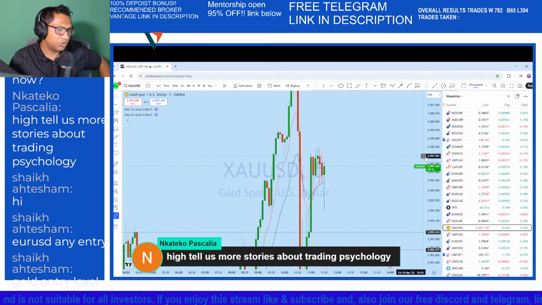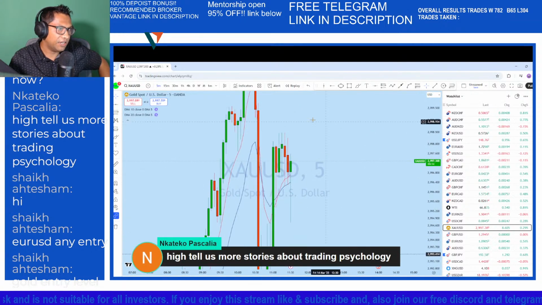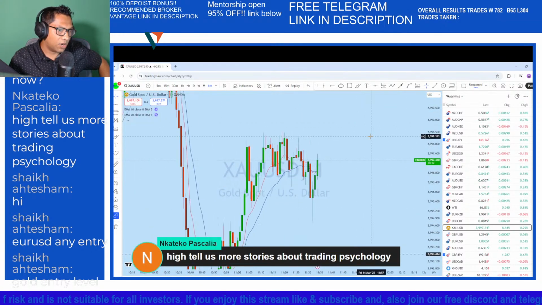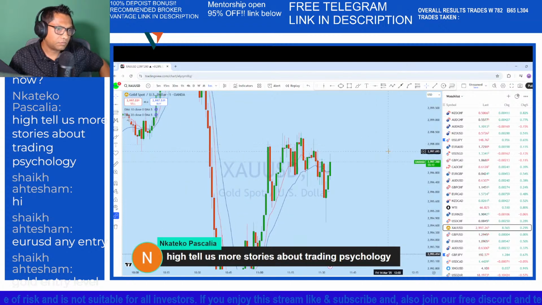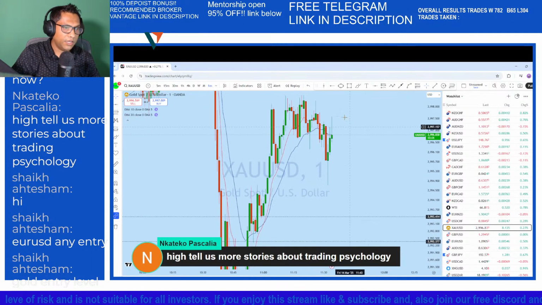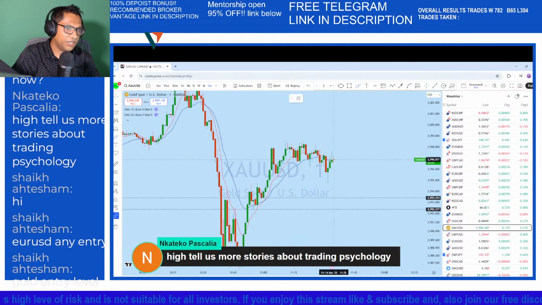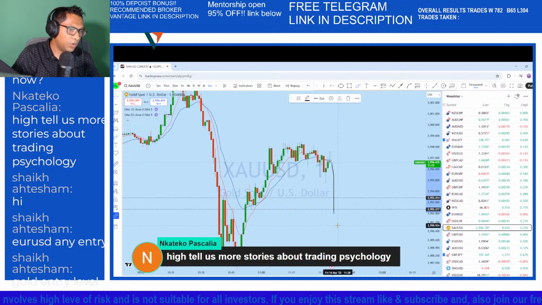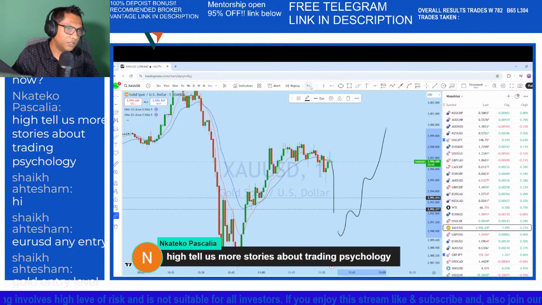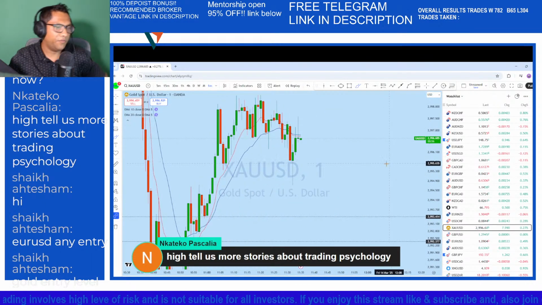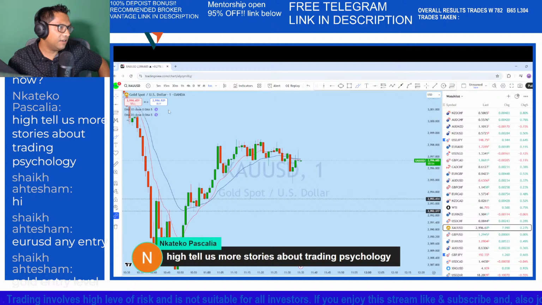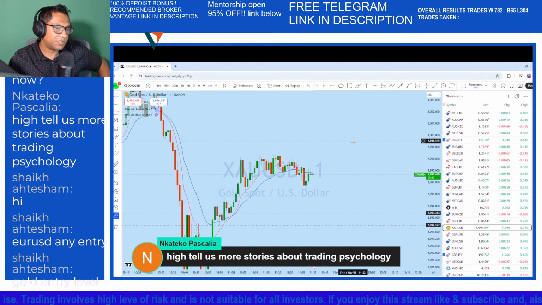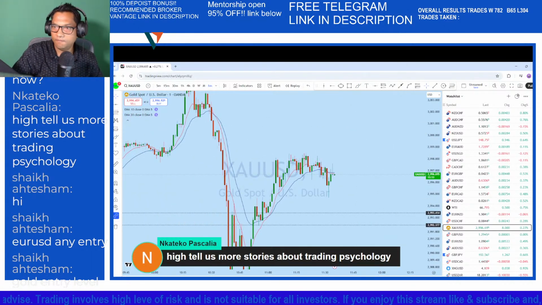Based on that we will be looking for an entry opportunity in this market. You can see this is the lower time frame price action here, and in that lower time frame price action, you can see there might be potential rejection here. That rejection is where you will find potential further entry. But if it bounces back to the upside here, then we might not see anything.